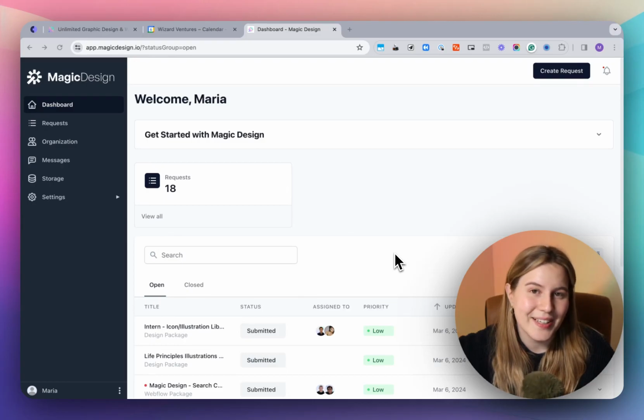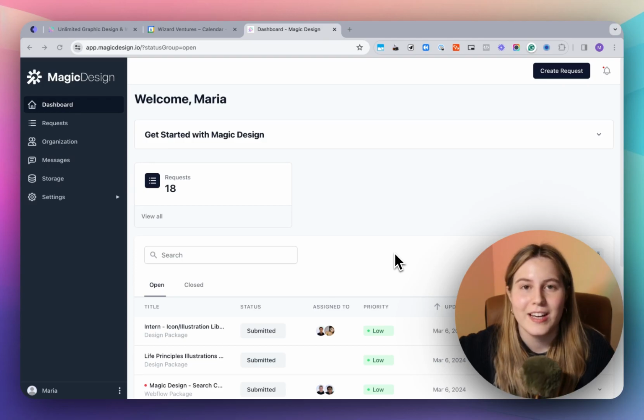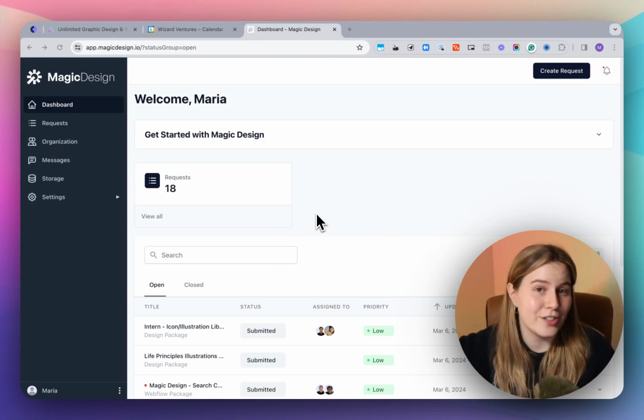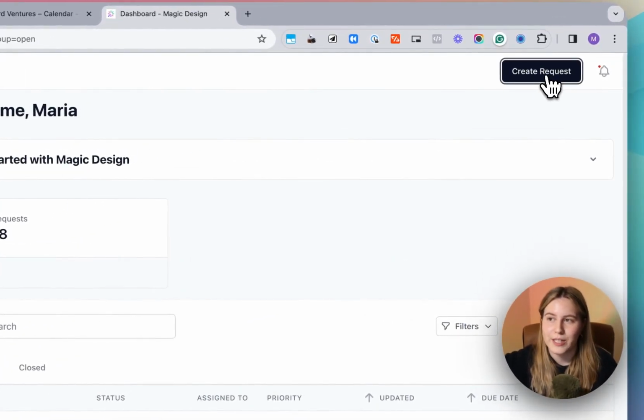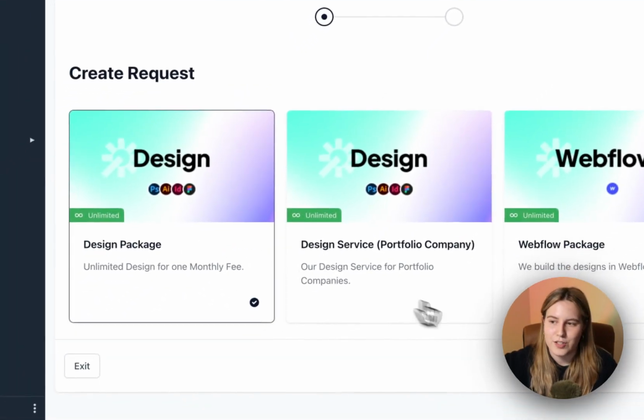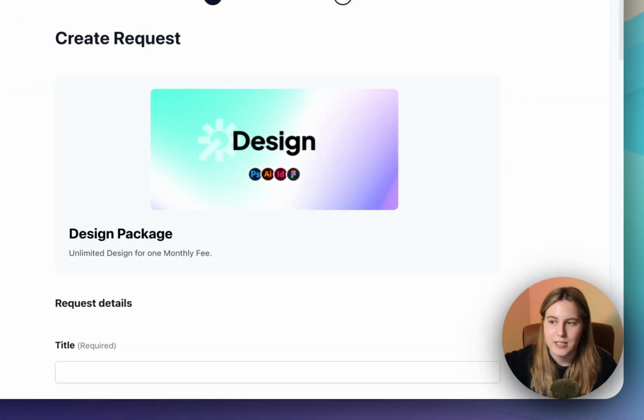Hi, in this video I want to show you how you can easily submit new tasks for our designers to work on from your Magic Design personal dashboard. And it only takes a few steps. You go to Create Request in the top right corner, you click Create Request, select your design package, click Next,